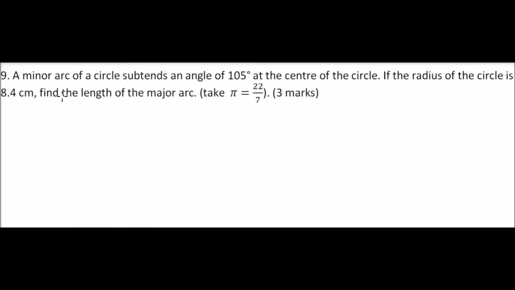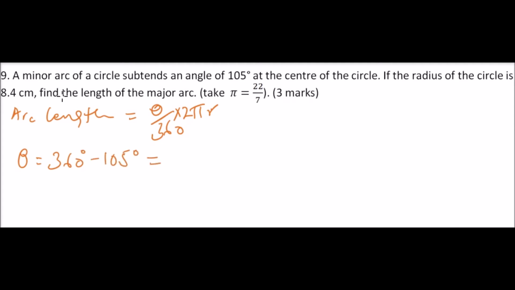So we can say for calculating the arc length, we use the angle theta over 360 multiplied by 2 pi r, that is the circumference. So we need to get the angle subtended by the major arc. So we say theta is equal to 360 minus 105 degrees, and that should give you 255 degrees, and therefore we say arc length